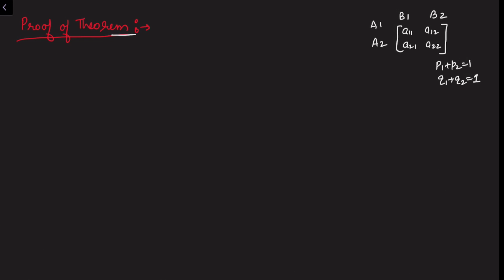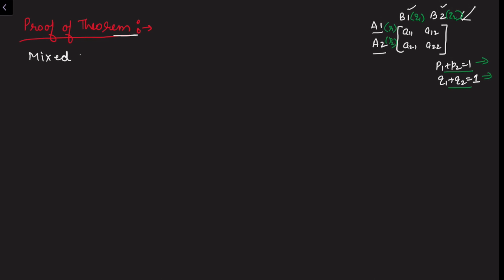Now let us do the proof of this theorem, and here is the game given to us where we have two players, A with A1 A2 strategy, and then we have player B with B1 B2 strategy, and I am also attaching here the probabilities P1 P2 and Q1 Q2. In this case we know the total sum of the probabilities individually is equal to 1 for player A and also for player B. Now on this side I write the mixed strategy for player A, and on this side let me write the mixed strategy for player B, because we have to see independently for both players.